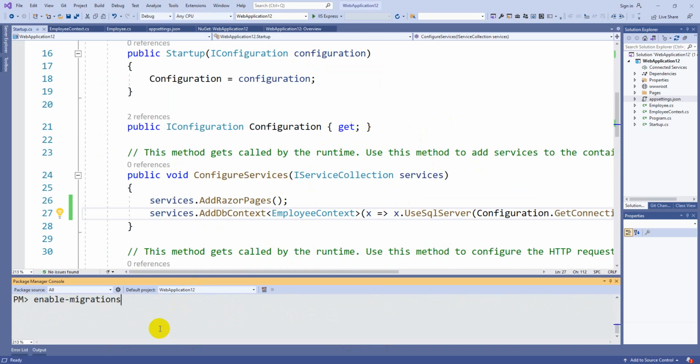One more thing: every time you use these Entity Framework applications, you have to build them. Here build is optional because the system is going to do the build. Enable migrations was done immediately. Now the next one, add-migration with some name, I am writing Initial.